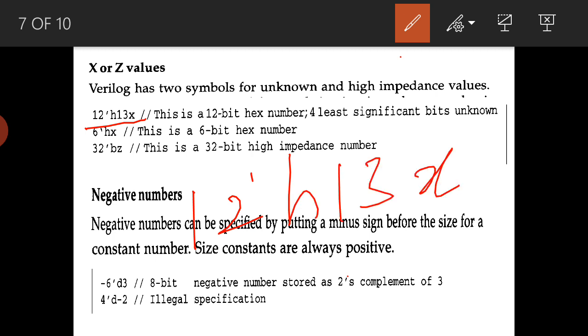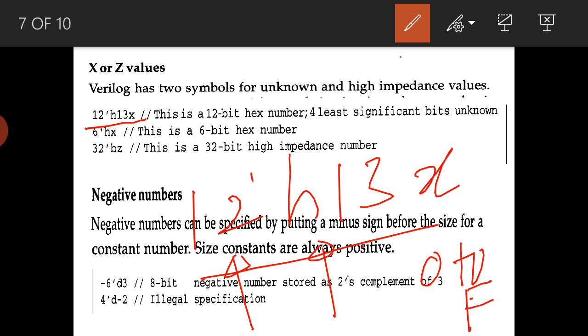12'h13x means the number of bits is 12, the base is hexadecimal, and the value is 13x. Here x is a 4-bit hexadecimal digit, so it can be anything from 0 to f. Whatever the value, it may be 130 to 13f. I will not consider the last digit, 0 to f.